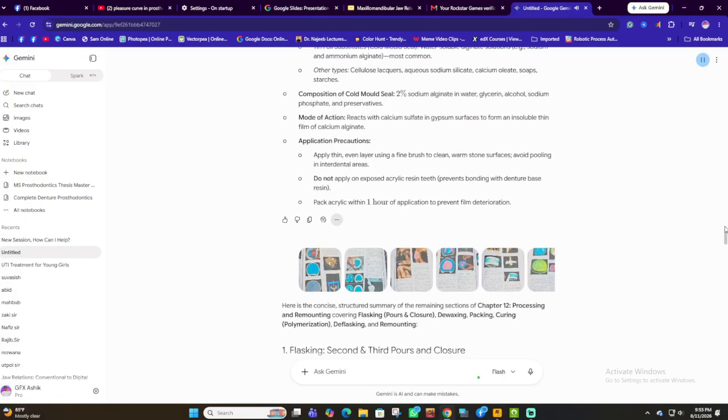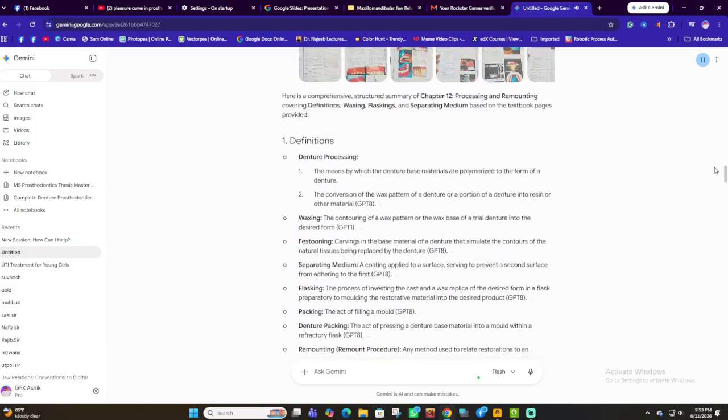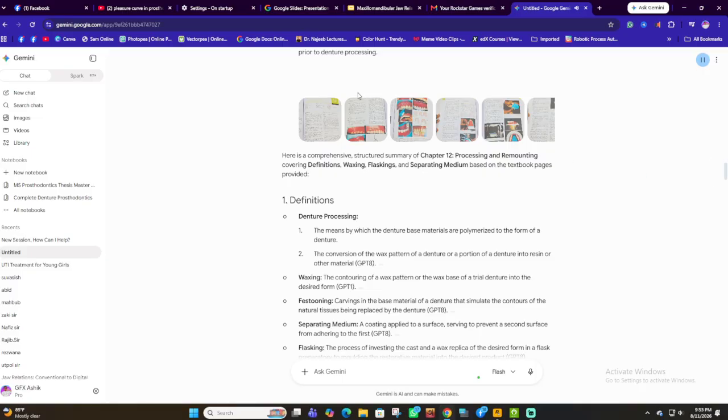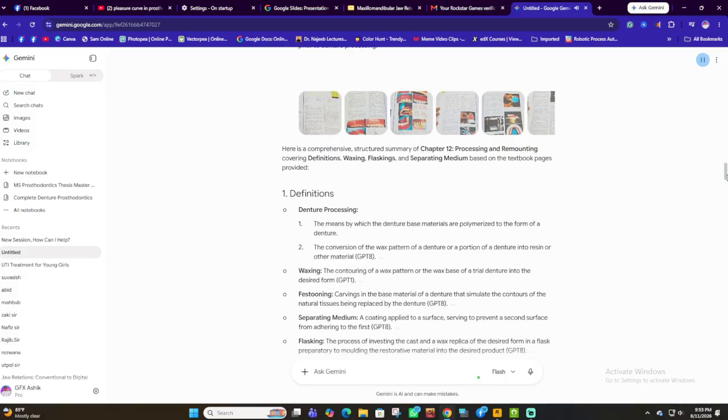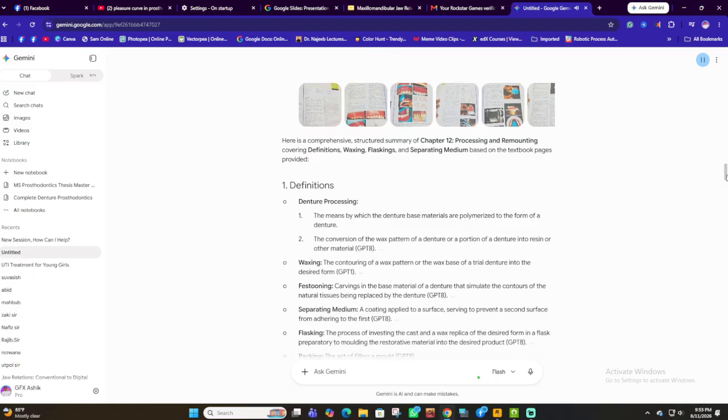Here is a comprehensive, structured summary of Chapter 12, Processing and Remounting, covering definitions, waxing, flasking, and separating medium based on the textbook pages provided. 1. Definitions. Denture processing: the means by which the denture base materials are polymerized to the form of a denture. The conversion of the wax pattern of a denture or a portion of a denture into resin or other material, GPT-8. Waxing: the contouring of a wax pattern or the wax base of a trial denture into the desired form,